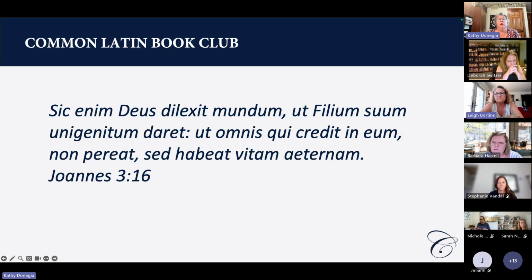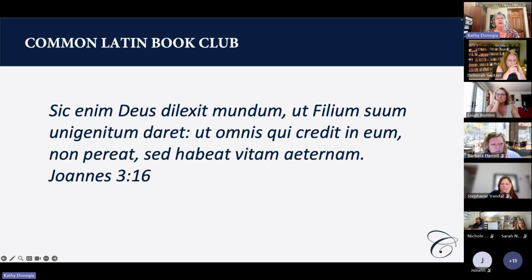Pronouns with the second declension. Well, so we haven't learned adjectives yet, right? If we think about this verse in English, what I would start with is just comparing it to the English. So we know that this verse is, for God so loved the world, and there's our direct object, loved what? Mundum, the world,